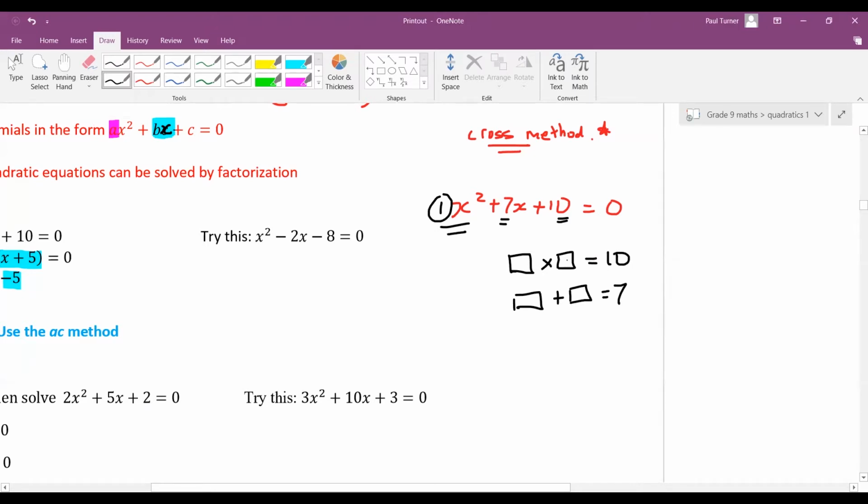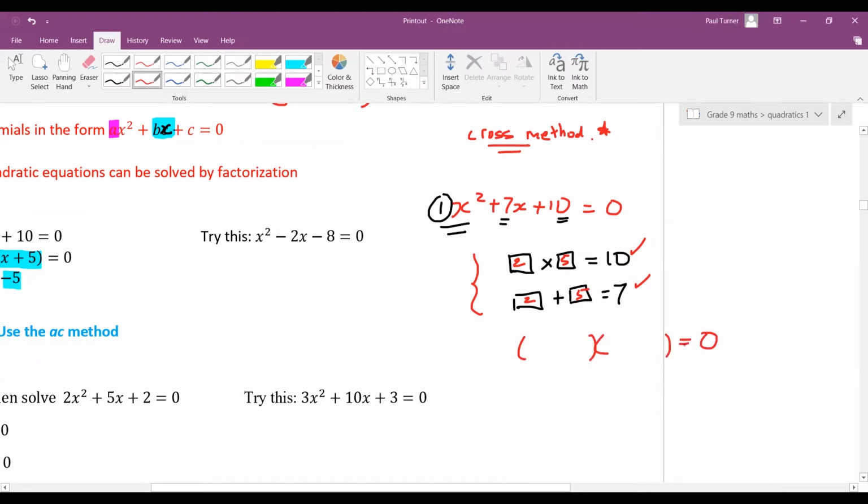So when you multiply the two numbers, you get 10. But when you add the same numbers, you get 7. So you can see that would be 2 and 5, isn't it? 2 times 5 is 10. 2 plus 5 is 7. So this is the first bit you need to do. And this will actually just give you the answer. So we could actually write our equation as